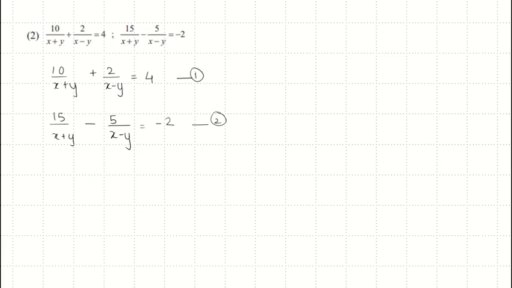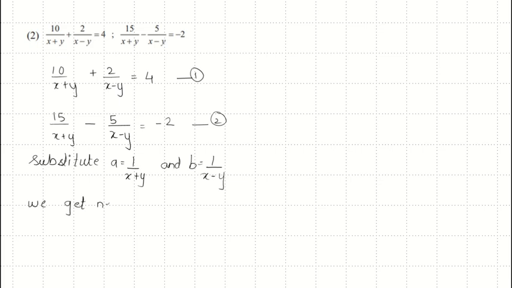What we will do here, we have x plus y common in both the equations and x minus y common in both the equations. So we will substitute a is equal to 1 upon x plus y and b is equal to 1 upon x minus y. We will put these values in both the equations. Why are we putting this value? Because we need to get simple equations. If we get simple equations, it will become easier for us to get the values.